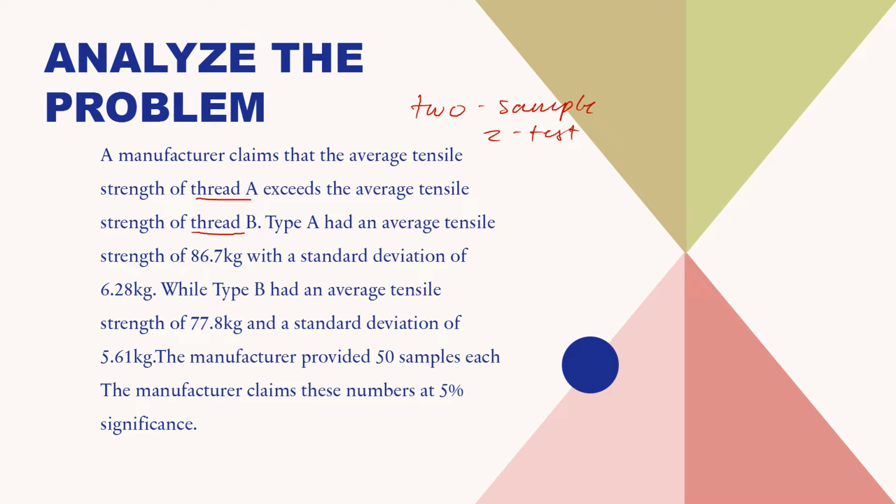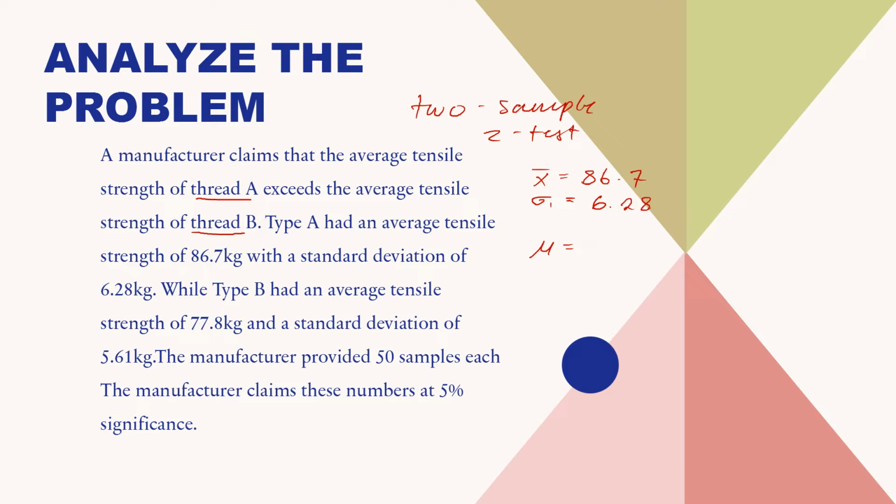Okay. Now, type A had an average tensile strength of 86.7. That would be our population mean. And a standard deviation of 6.28. So this would be our standard deviation for group 1. So 6.28. And then you have your type B